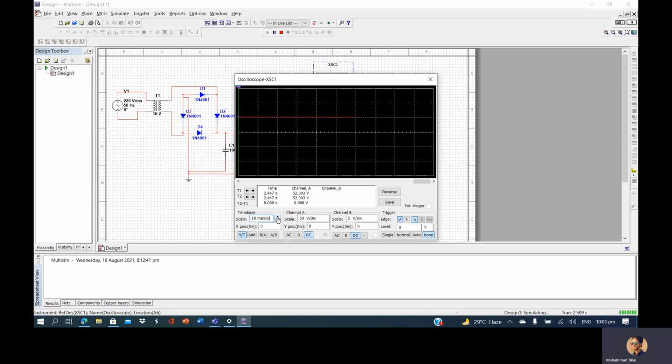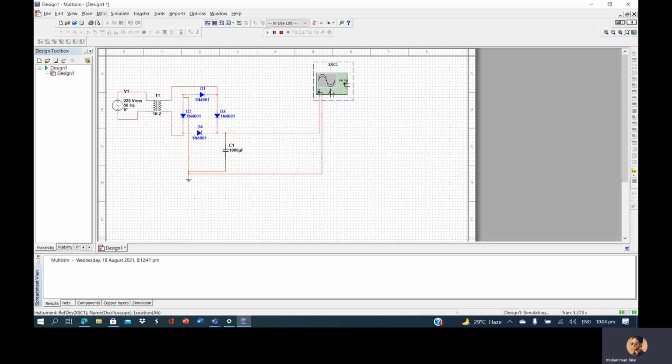Each block is 10 milliseconds, so we can increase or decrease that. You can see that now it is 2 milliseconds per division, and now it's 5 milliseconds, 10 milliseconds. So we can adjust those readings. If we are unable to see our signal, it means it is out of the range of the oscilloscope, so we have to adjust the range as well. So we will close that, and as we can see, there are different devices like the oscilloscope and multimeter available, and they are easy to use as well.